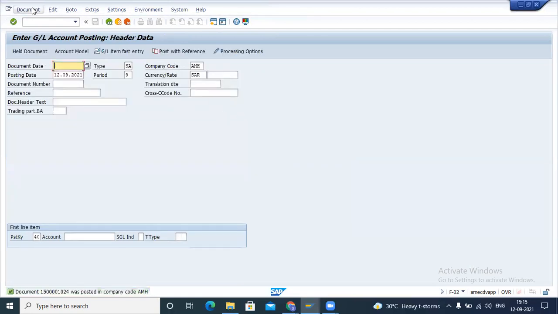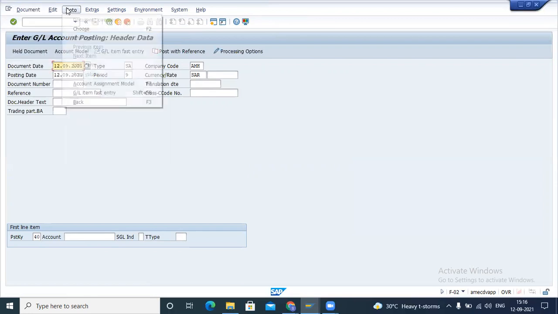Wi-Fi is not there in this. Okay, sorry. I have just done the payment, but there is no park option coming. Can you show me? I will just show you.